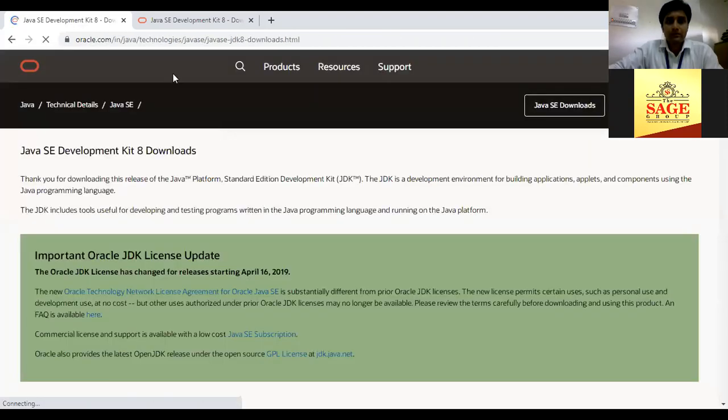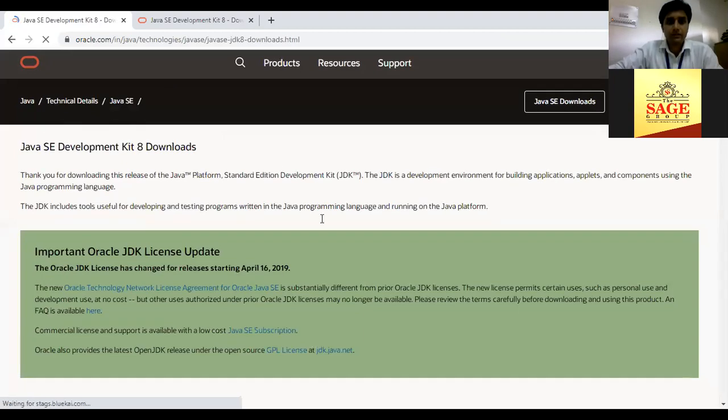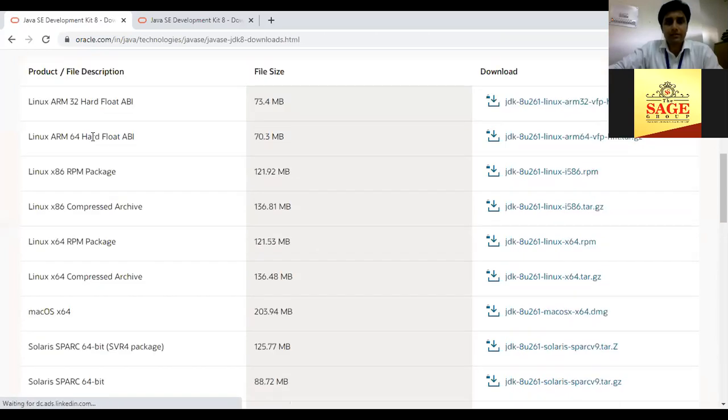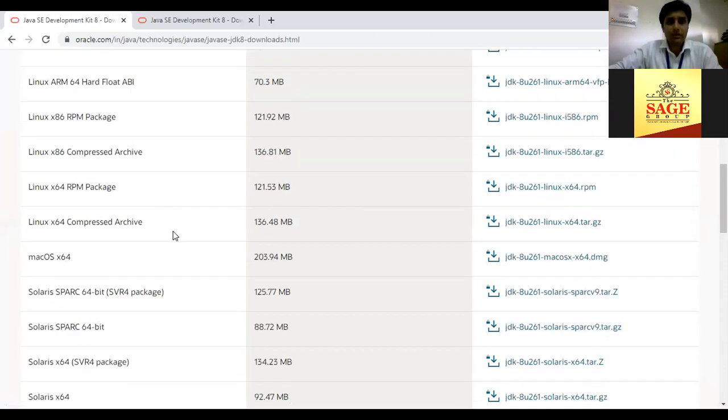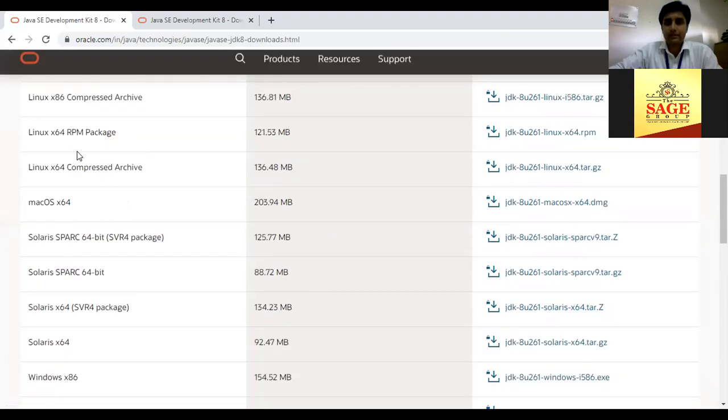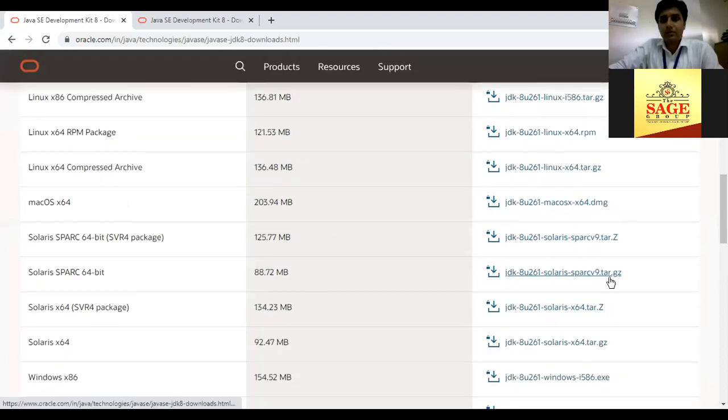It will open the official page of Oracle to download the JDK. Here we have some options. As per our operating system and requirement, we will download our JDK setup: Windows x86, Windows x64, Solaris, Linux. So what kind of operating system are you using? On the basis of that, you can download your JDK from here.